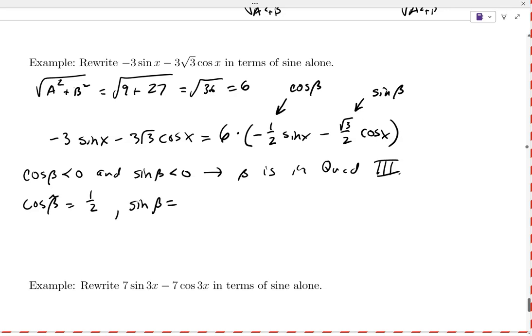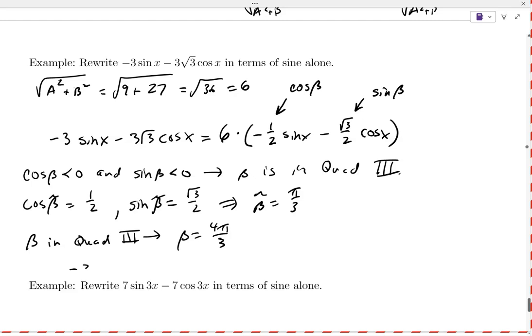I'll probably use that little tilde for the reference angle, like we talked about before. 7 pi over 3 will get you all the way back around in quadrant 1 again. 4 pi over 3, good. So since we're in quadrant 3, we'll use the 4 pi over 3. So then your final answer